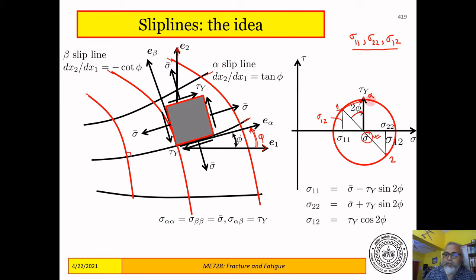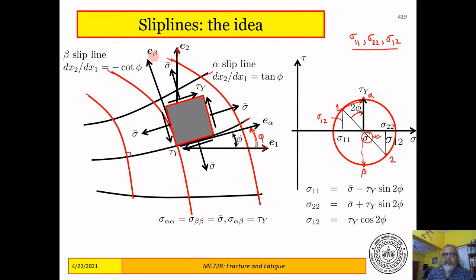So this is my alpha plane, and 90 degrees apart is my beta plane. Remember, alpha is the angle between one plane and the alpha plane. So when I turn it by just alpha, then I reach this E alpha, E beta coordinate